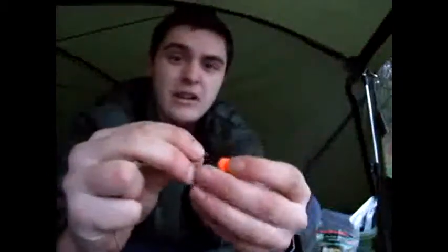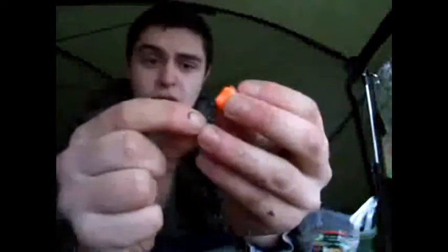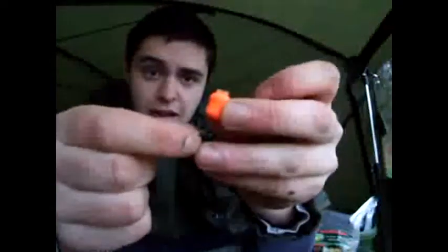Slide it up, and with these wafters you can experiment if they're properly hard feeding on the bottom and they're not touching pop-ups or anything like that. A little wafter really tight to the back of the hook, so all it does is just lift to the side like that. But like I say, if they're getting a bit picky and they're not really getting on the grub, just a little tiny stick to mix with a light bit of krill groundbait from what Bang On do, you can just lengthen the hair,